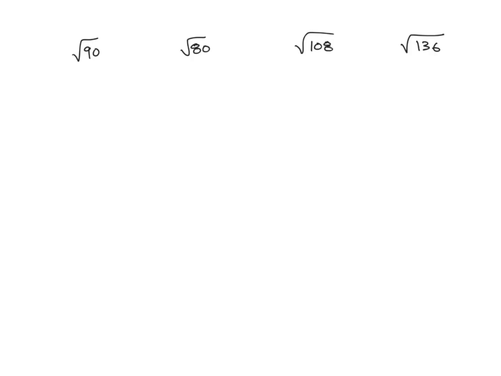So here's a little quick help video of simplifying radicals. What you're trying to do is find where your perfect squares 1, 4, 9, 16, 25, and so forth are basically hidden in these radicals. So if I take any radical, what I want to do is break it down into two other radicals, which